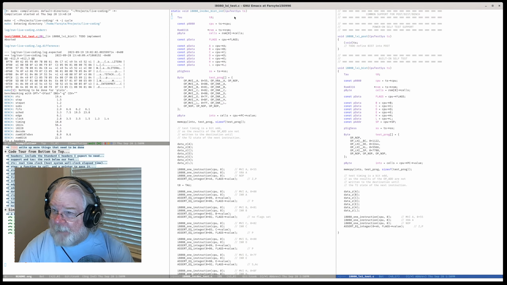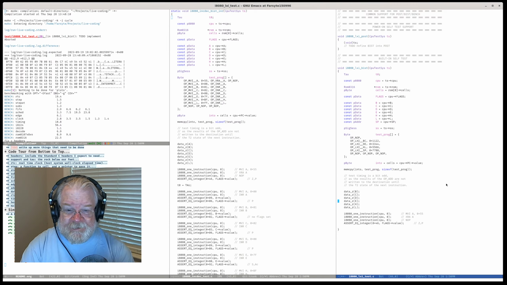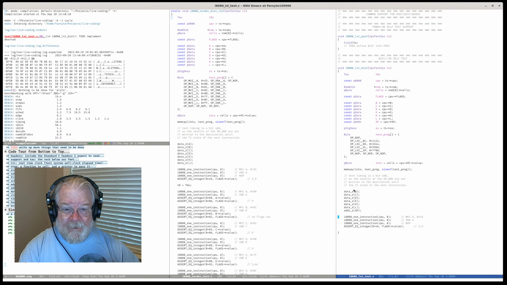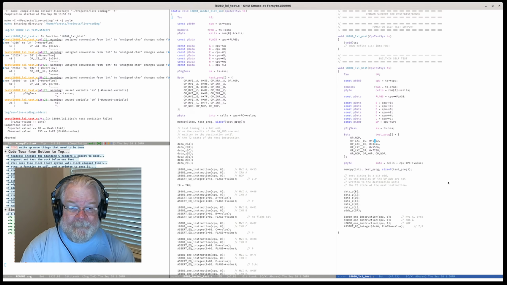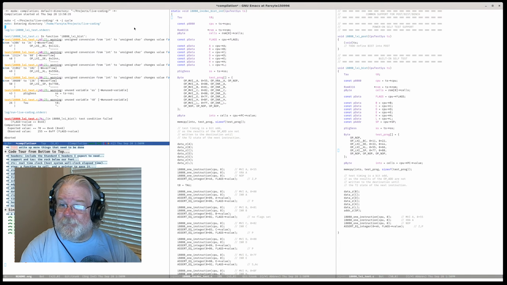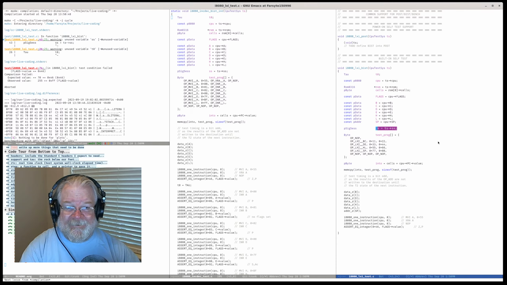I may also implement the DAD instructions in here if this implementation turns out to be as small as it looks. B, C, D, E, H, L, SP. There's the program. Our initial state is everybody is going to be in the Z state on the plot, and it's low, comma, high. Oh, thank goodness for the conversion errors. And success is unused because we're not doing anything with it yet.